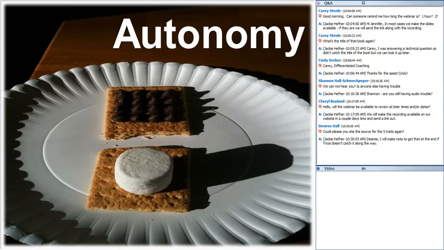Because if you're not clear on what you want, you might end up with a s'more that looks nothing like you envisioned in front of you. And in that second, especially as the evaluator, you're going to have to make a call on whether that is okay or not. And the more things that you have to make a call on a case-by-case basis, the less time you have to devote to helping coach the teachers who truly need it.